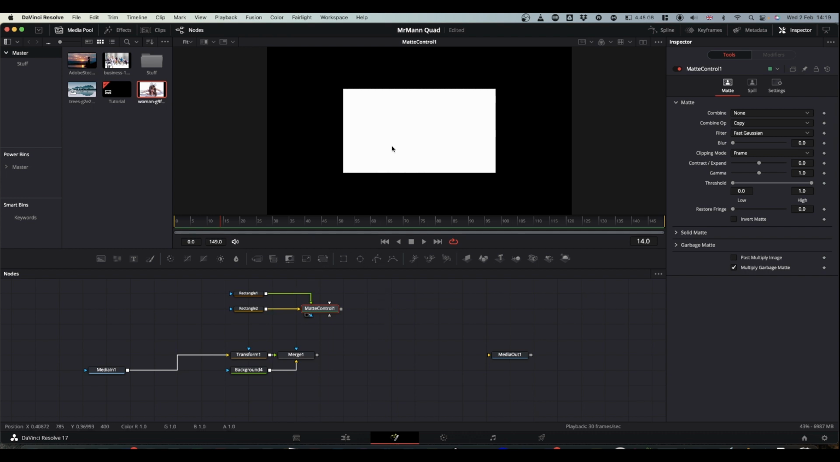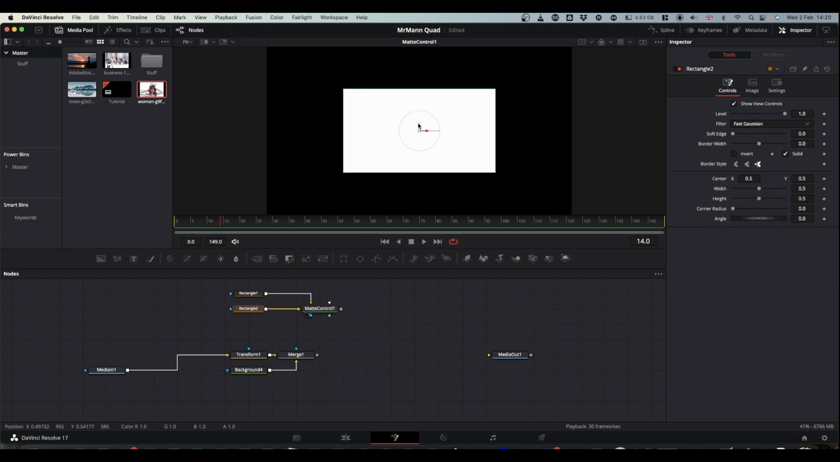And what we need to do is animate these rectangles, but first we need to set up our map control to do what we want. So select your map control, come to combine and change it to combine alpha, and combine op change to minimum. And now if we take rectangle 2, which is going to be our animated rectangle, and move it, you can